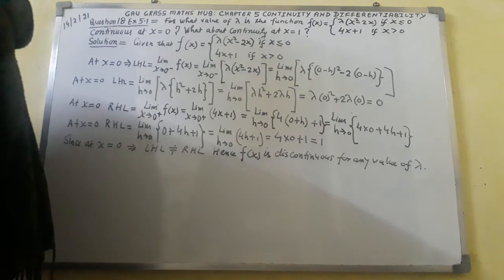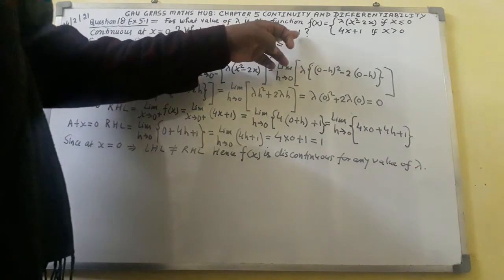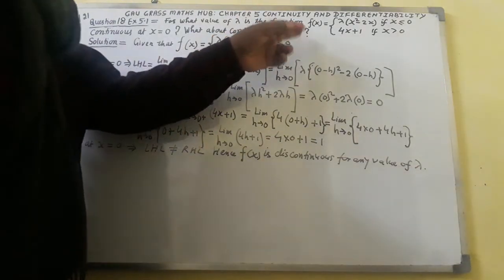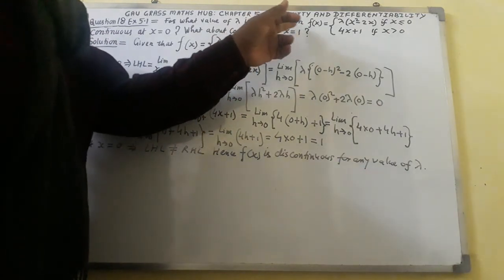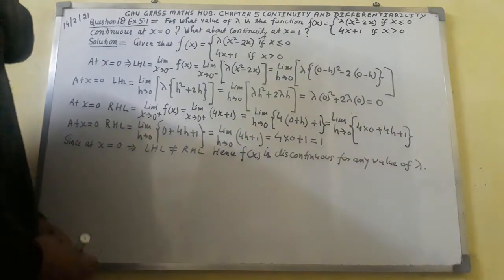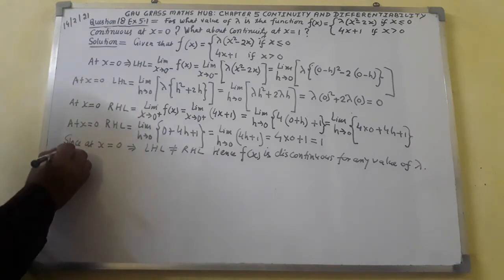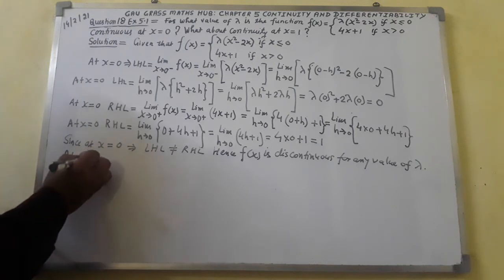Second point I am going to solve here. What about the continuity at x equal to 1? So here at x equal to 1, I shall prove the continuity of f of x, whether continuity is available or not. So here I shall write at x is equal to 1,